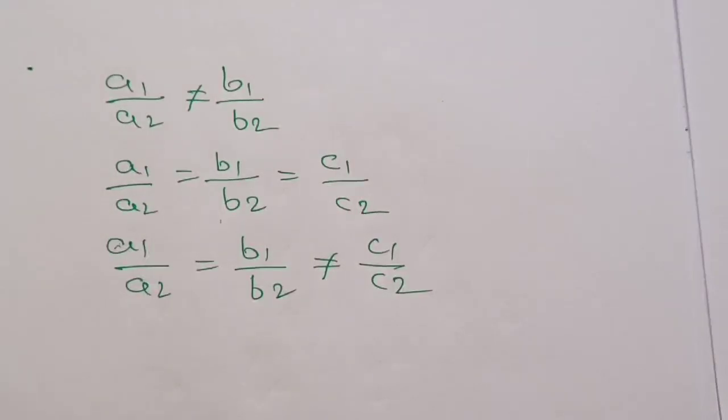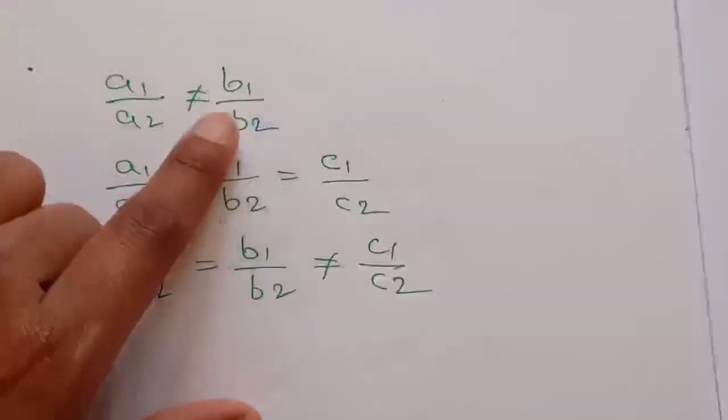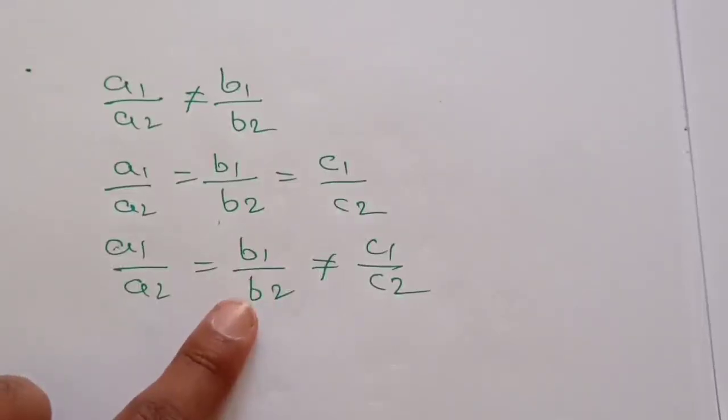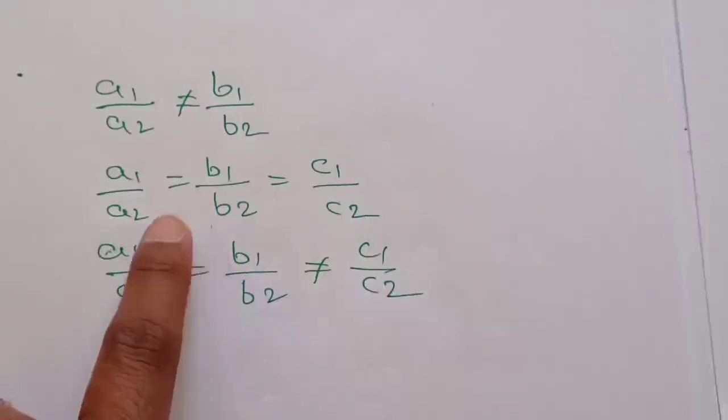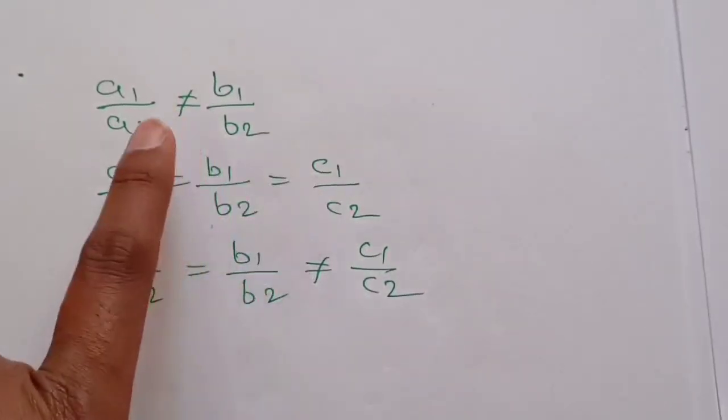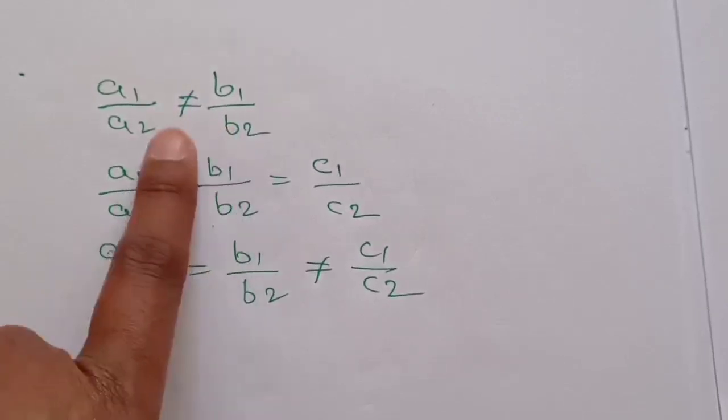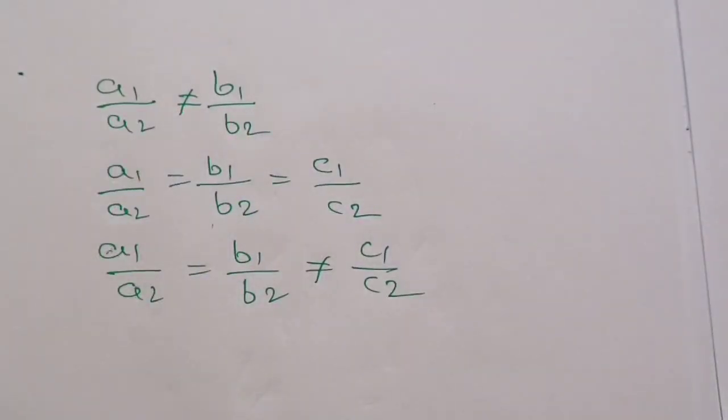Okay, if they are asking the same question in a different manner, so if instead of consistent they have given parallel, parallel means you need to write down this condition. If they have asked coincident lines, you need to write down this condition. If they have asked intersecting lines, you need to write down this condition, right? Now let me just clarify. First of all, we will move on to the question. Now if it is consistent, you need to pick the correct one among the four options, MCQ questions, right?